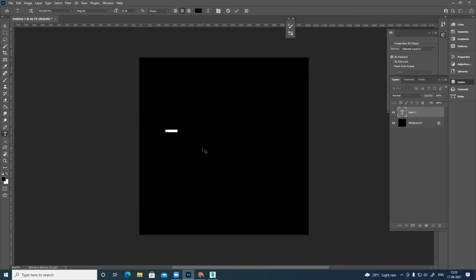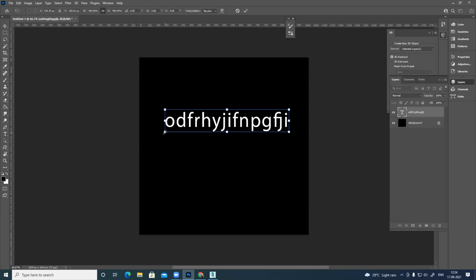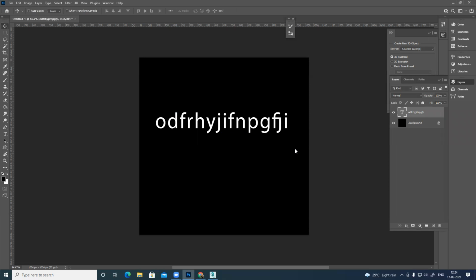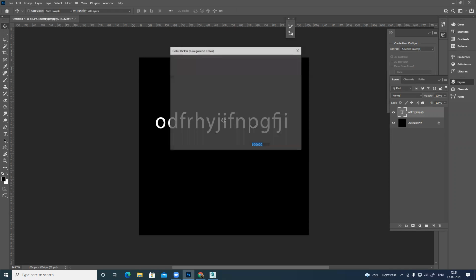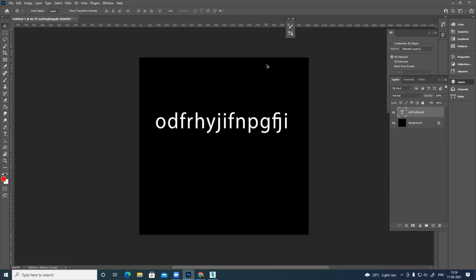Basically, this is what we use for gaming. Like we have lights, maybe you have to fake some lighting and all. In that case, we create this thing. So there's some random text I created, filled white. And this can be in any color depending upon your light color. So let's change to some red. So this is my emissive map.